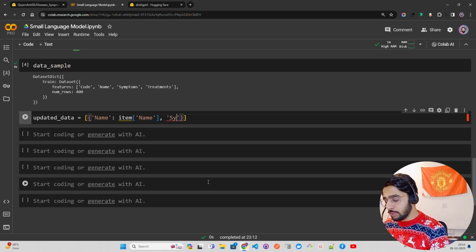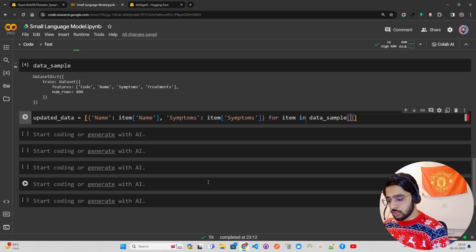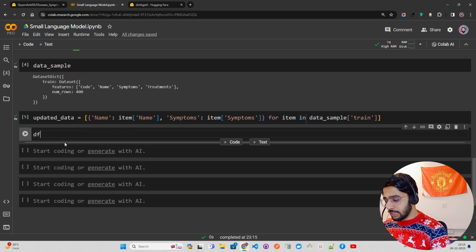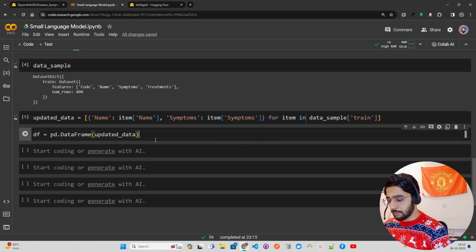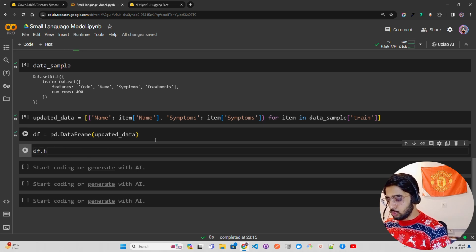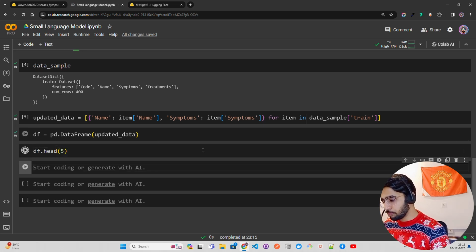Now you have your symptoms here, so let's do that. Symptoms, this is how you go: in symptoms I write item and then here symptoms. So let's do that. Okay, now I'll come out of this key value pair: for item in, and then your data name, which is your data sample, and then you just write train. Okay, now let's have df. So df is now the variable name of my data frame. Now pd.DataFrame of the updated data, and then I'm just going to do df.head(5), or if you just write head, by